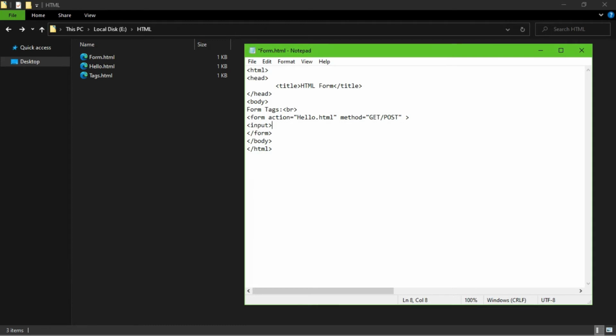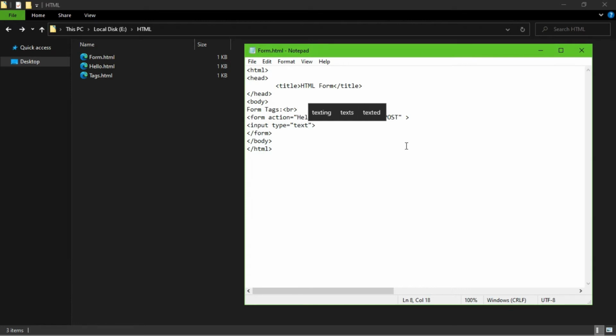The input tag is an open-ended tag. You don't have to close an input tag. There are different types of input tag. If you want to get data as basic text, then you can write type as text.